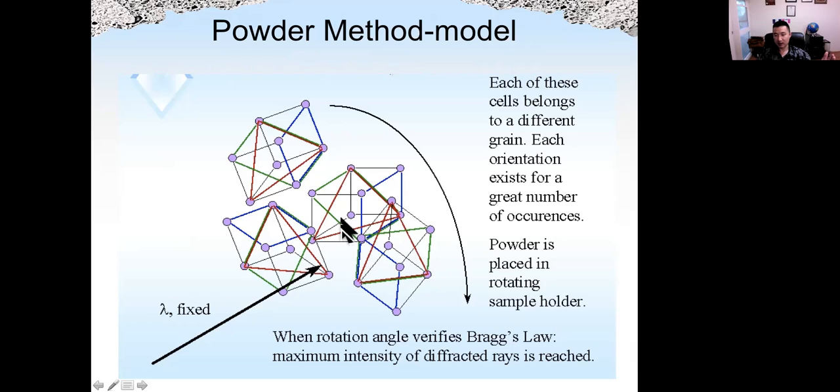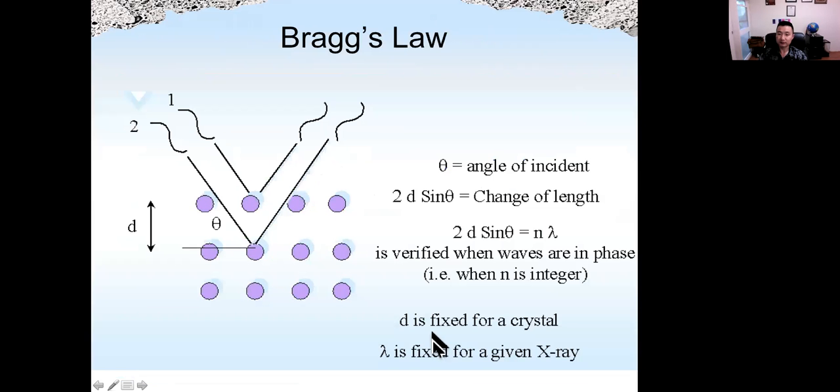And the powder is placed in rotating sample holders. Again, we need to grind the sample into small powders, and place the sample in the sample holder, and the sample will rotate around the X-ray source. Again, the lambda is fixed, which means we only have one type of X-ray. When rotation angles verify Bragg's law, which means 2d sin theta is equal to n lambda, where n is any integer,